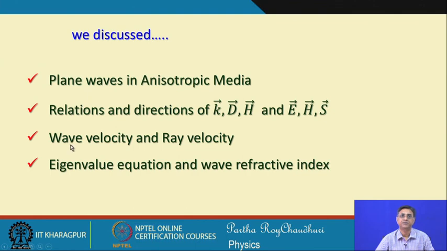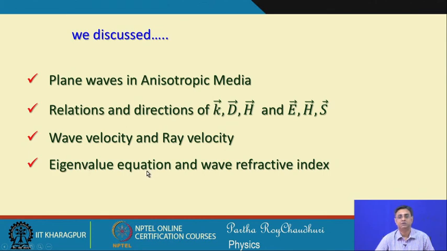We have also seen the wave velocity and the ray velocity, and their relationship. We have seen that the wave propagates along the k direction with a velocity which in an anisotropic medium is in general different from the ray velocity, which travels along the direction of the Poynting vector, that is S. They are related by a factor of cosine phi, which is the angle between the direction of the wave propagation and that of the ray propagation. After that, we tried to work out the eigenvalue equation,